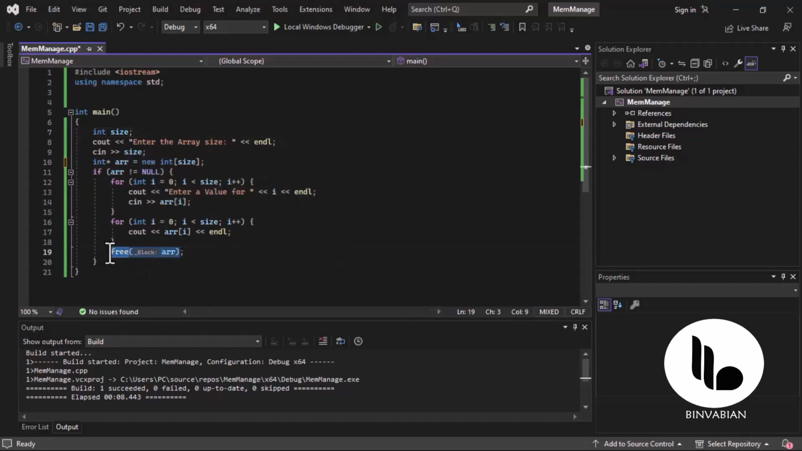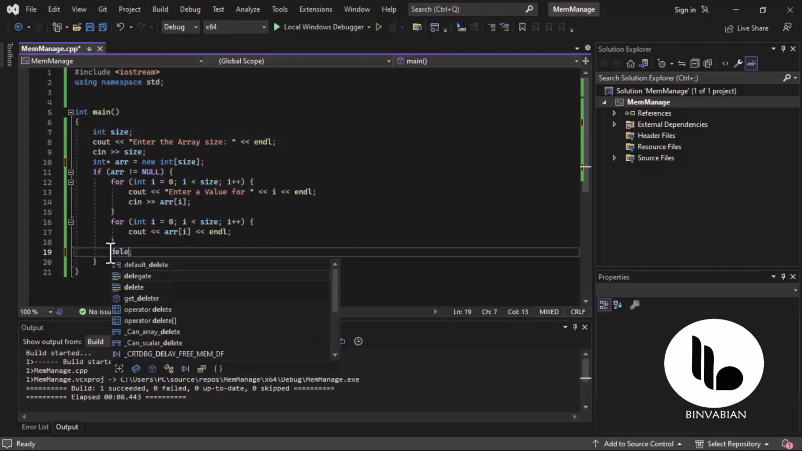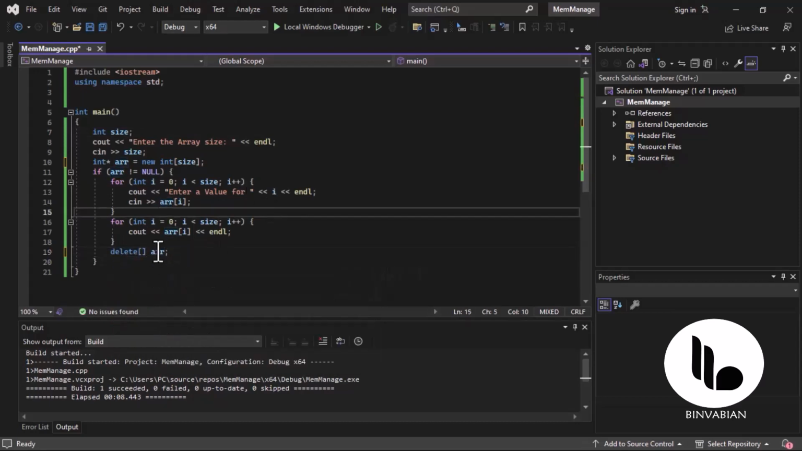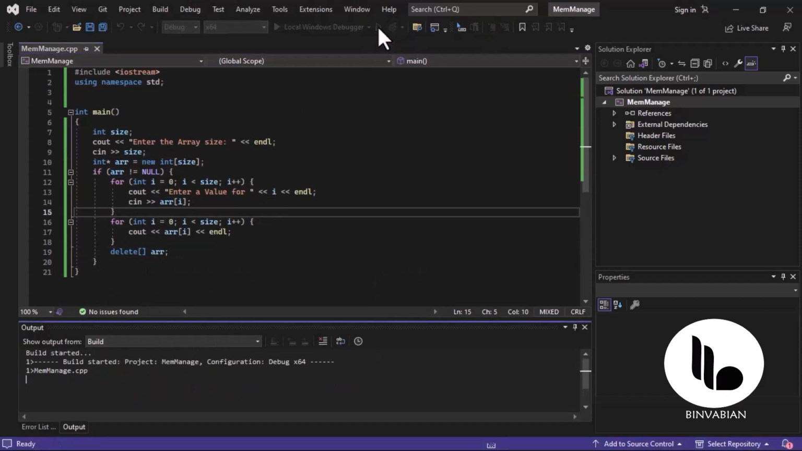And instead of me going ahead to call the free function, I can just say delete, and I'm going to delete the brackets there. So this is also a very convenient way of allocating and freeing memory inside of C++. So if I go ahead and run this code,